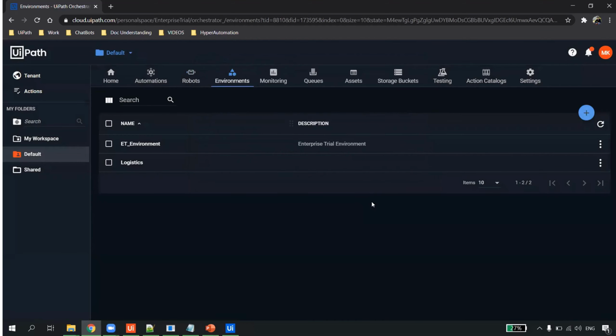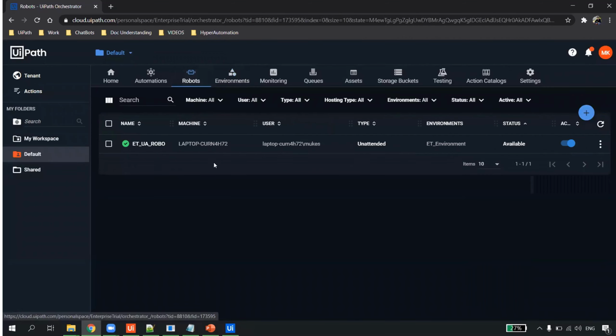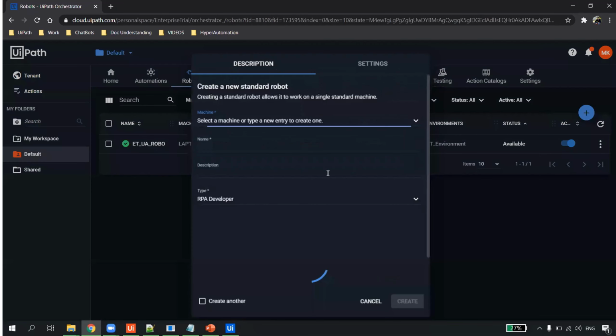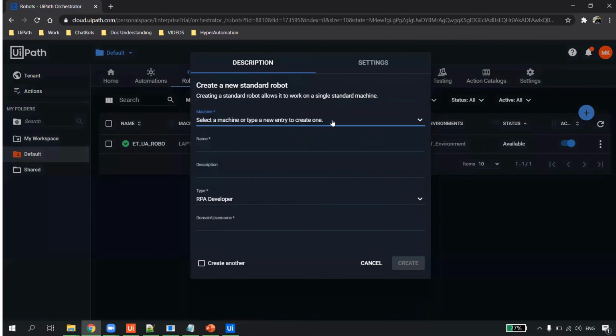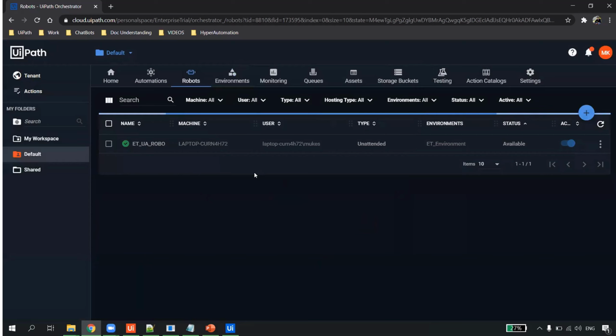Now, when you are dealing with the automations, first thing we create environments, next we create robots, right? So when we create robots, I have two options, standard, floating. We will talk about this later, but we have to just select which machine I want to run the robot on. So this is my machine, this is my laptop. Then which is the robot, what is the domain and the username, and connectivity we will see later.